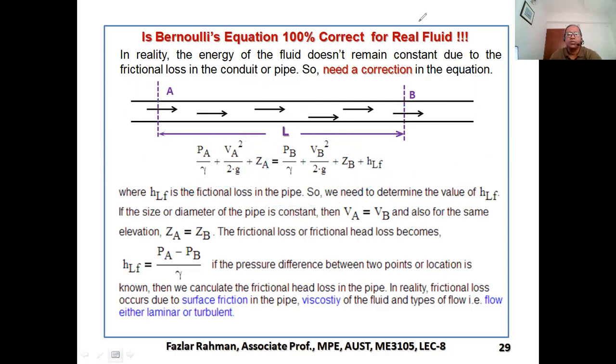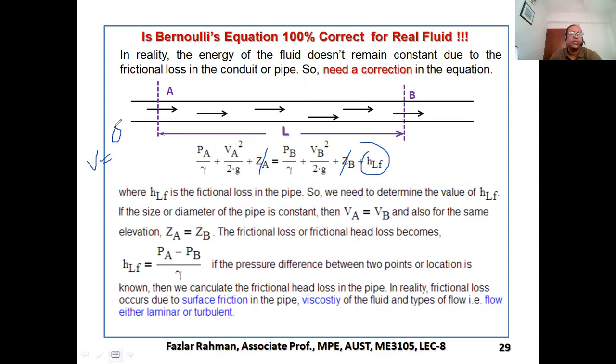Now, we need to figure out this loss. How can we figure it out? You see, if we apply the Bernoulli equation between two points A and B, and these two points' elevation is the same, they are horizontal,